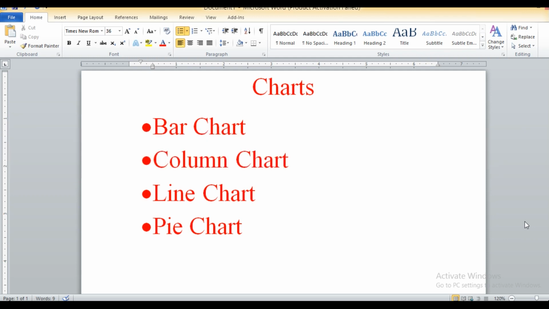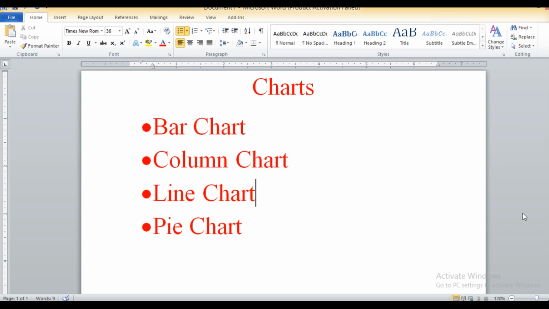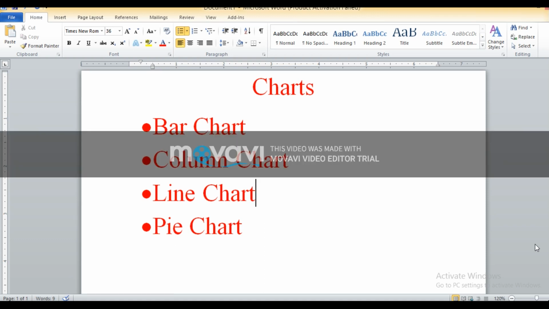Now next we are going to discuss the pie chart. Pie chart displays the data in the form of sectors of a circle to make up a data series as a proportion of the sum of the items. It is useful when you want to emphasize a significant element. Like from the weather point of view, if you want to signify the level of air pollution, for that we use a pie chart. Pie chart represents the data in the form of a circle.